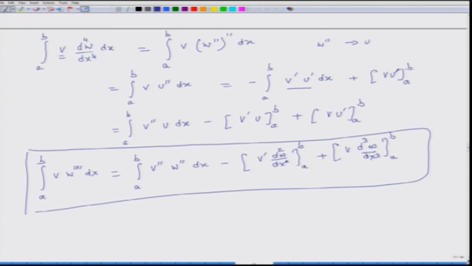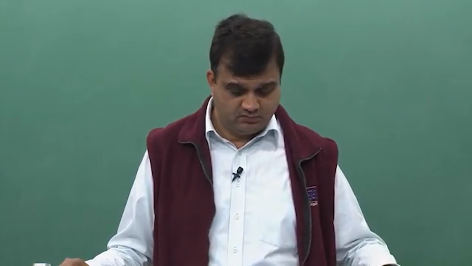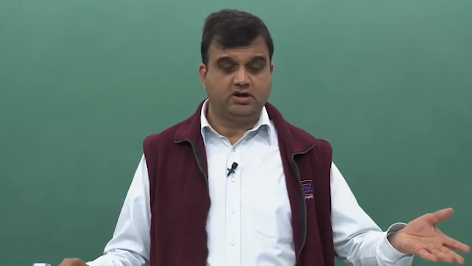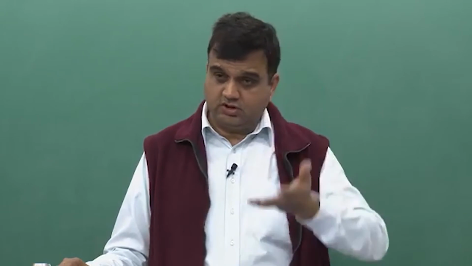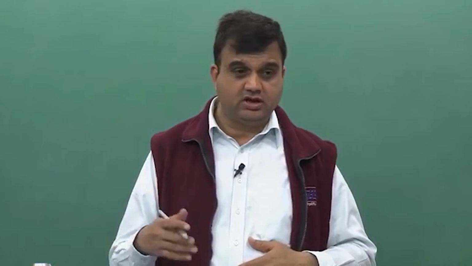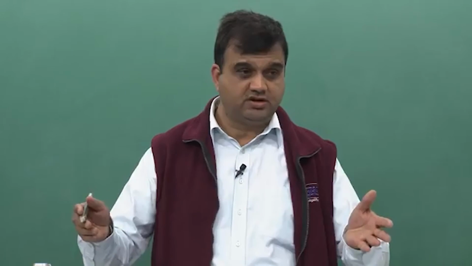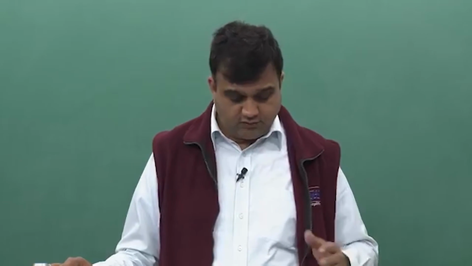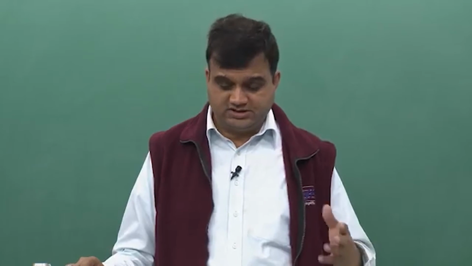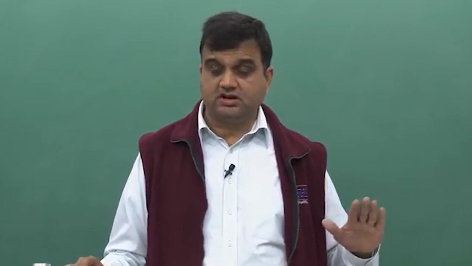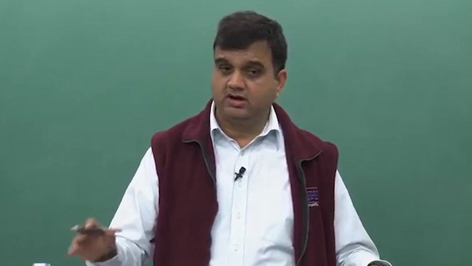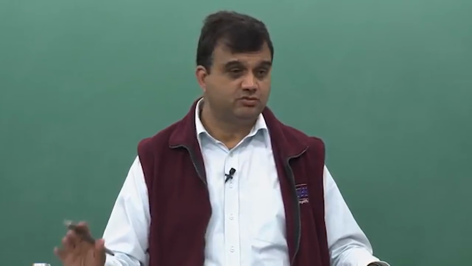So if there is a fourth order equation, then I have to integrate it 2 times to shift the differentiability and make the system balanced, so that the differentiability requirement on my weighting function and the unknown function is same. So we have seen how we do it on a second order equation and how we do it on a fourth order differential equation. Second order could be a heat transfer equation. Fourth order could be like a beam or elasticity problem, things like that, okay. So this concludes our lecture for today. We will continue this discussion in context of 2D systems tomorrow. Thanks.